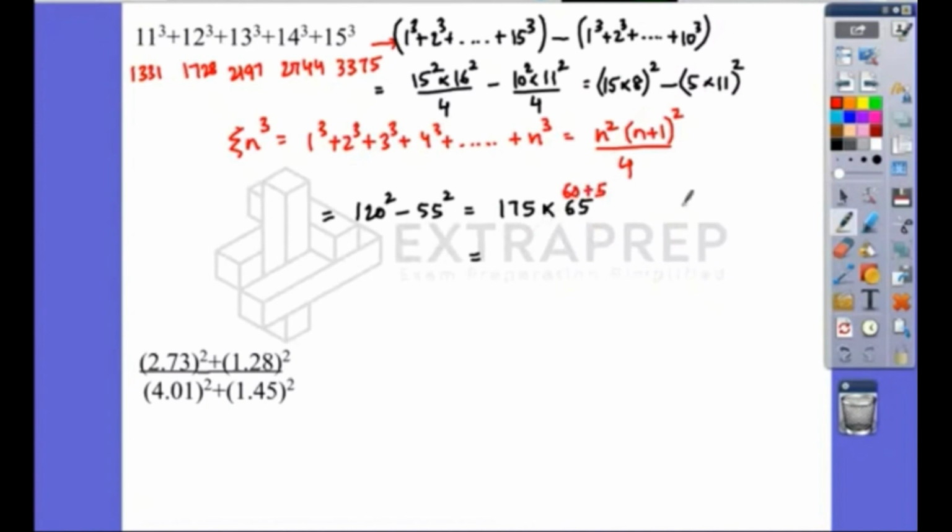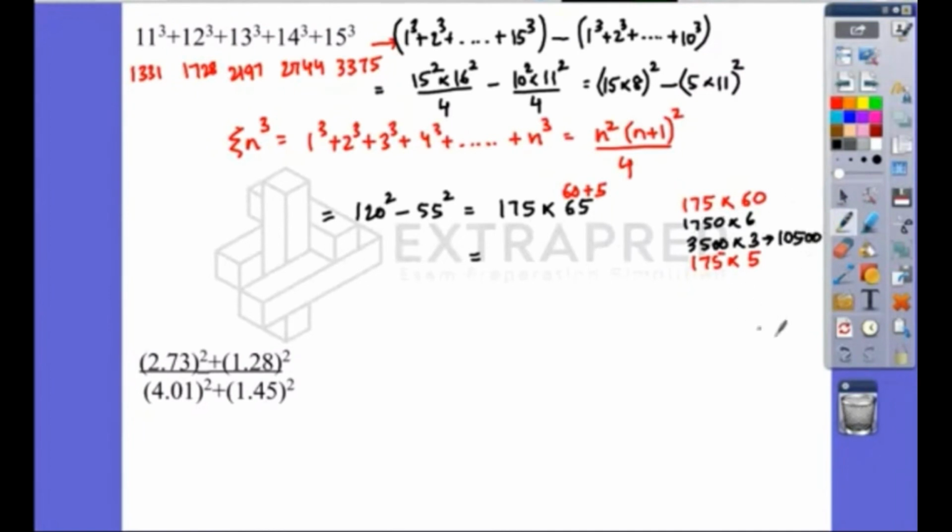When you break it as 60 plus 5, first you will need to perform 175 into 60, and then you will need to do 175 into 5, and you'll have to add them up. Now 175 into 60, we'll put 0 here, so that becomes 1750 into 6. We'll send 2 from 6. Okay, I'll write that for you. This becomes 1750 into 6. Then 2 here, I'll give this here. So this becomes 3500 into 3, or it becomes 10,500.